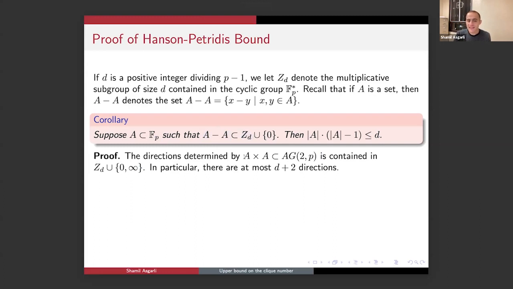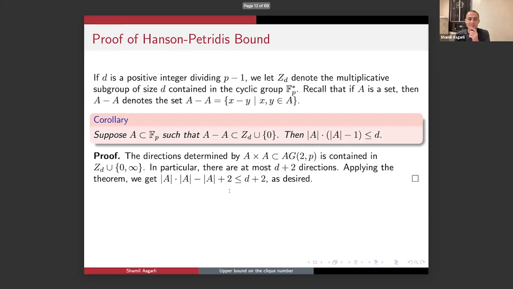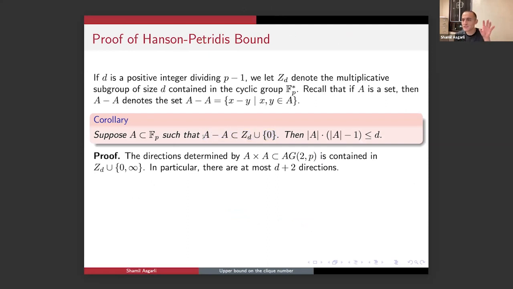So if you look at the definition of the set of directions that are determined by a set, you're looking at these pairwise differences, because the direction is Bj minus Bi divided by Aj minus Ai. Right? That was the definition of a direction. So if you're assuming that this set A minus A is inside Zd union 0, that means that when you compute the directions